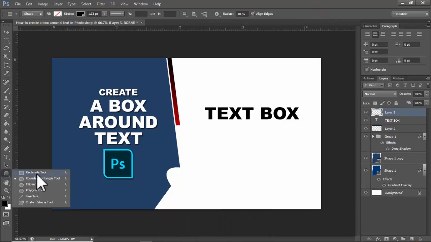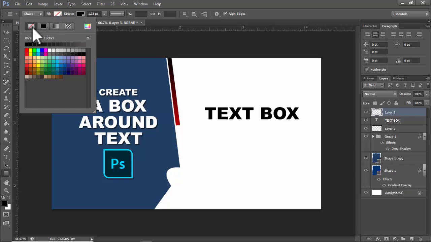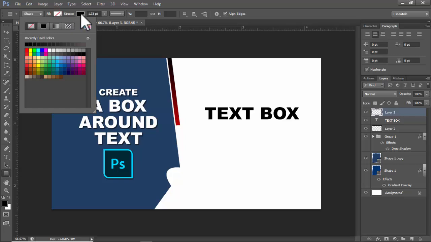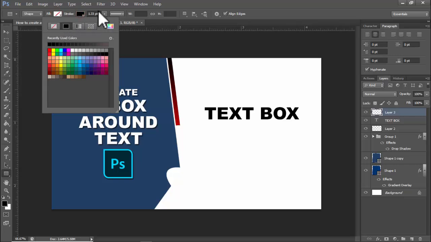Select, right click, and use the rectangle tool or rounded rectangle tool. First apply the rectangle tool. Do not use fill, or use fill as you wish. I do not use fill. Stroke color black, and stroke size